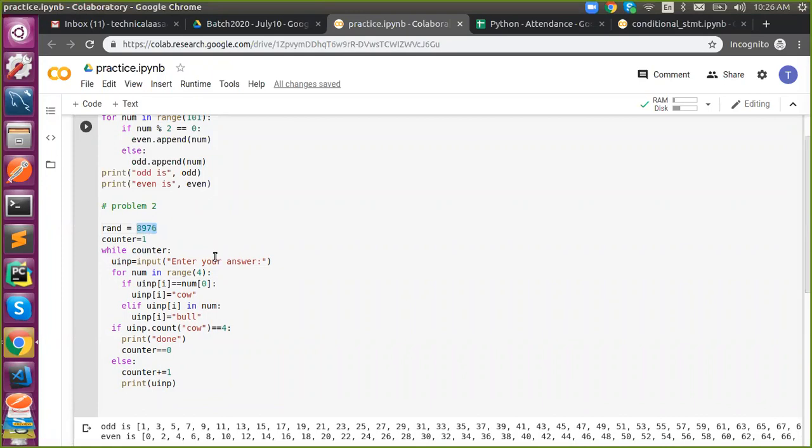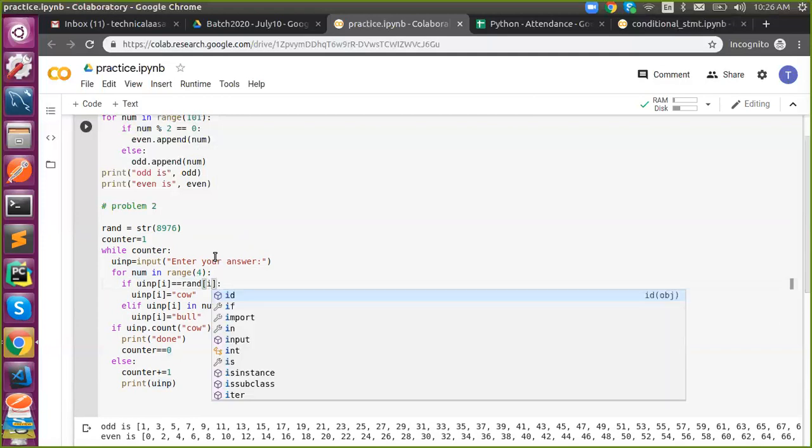And if it is an integer, it is not possible to compare, so I need to convert it into a string. Okay, I converted my random number into a string. Now it is possible to compare, right? So here I'm checking whether u input, the user input of 0th position, is equal to rand of 0.